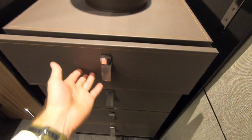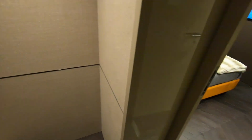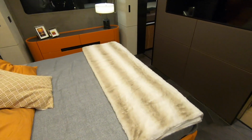Down the staircase to the lower deck. Again, you can see these lovely leather details. Just lots of storage. Beautifully done. And then if we go back into the main master cabin,